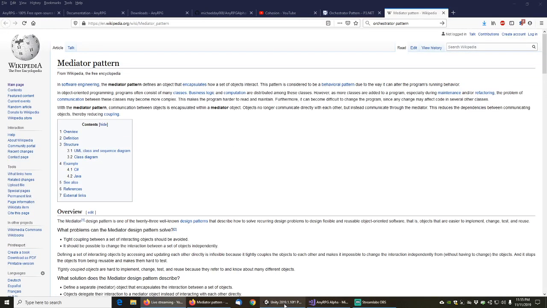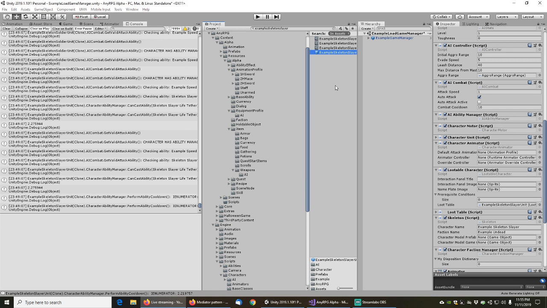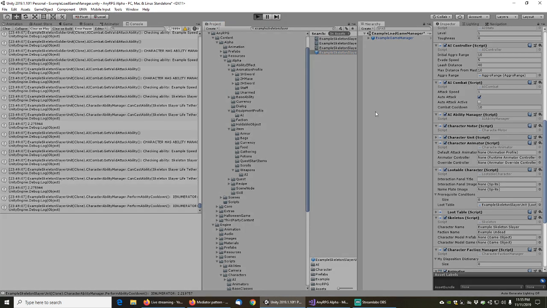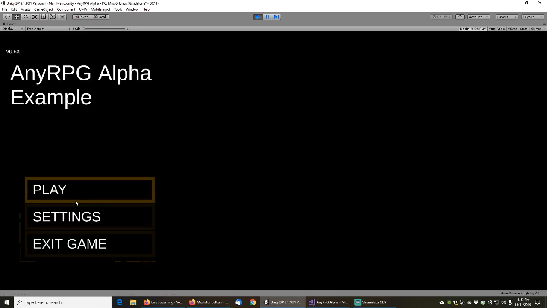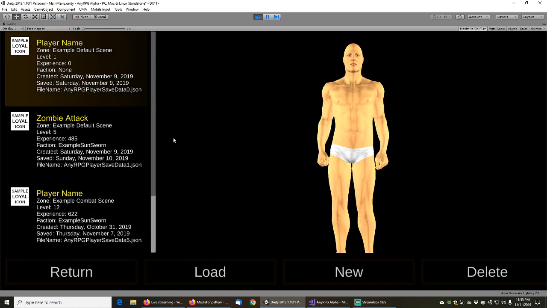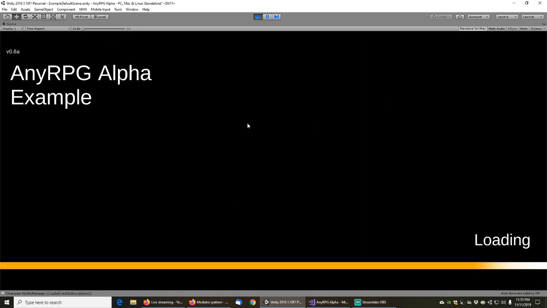And I will demonstrate a perfect use case for this, which I actually found in a project that I was working on. So let's go take a look at that project right now. I have an example game here that I'm working on for Any RPG, and I have another game that I'm creating, Alpha. So if we go into the example game and load up our character here,